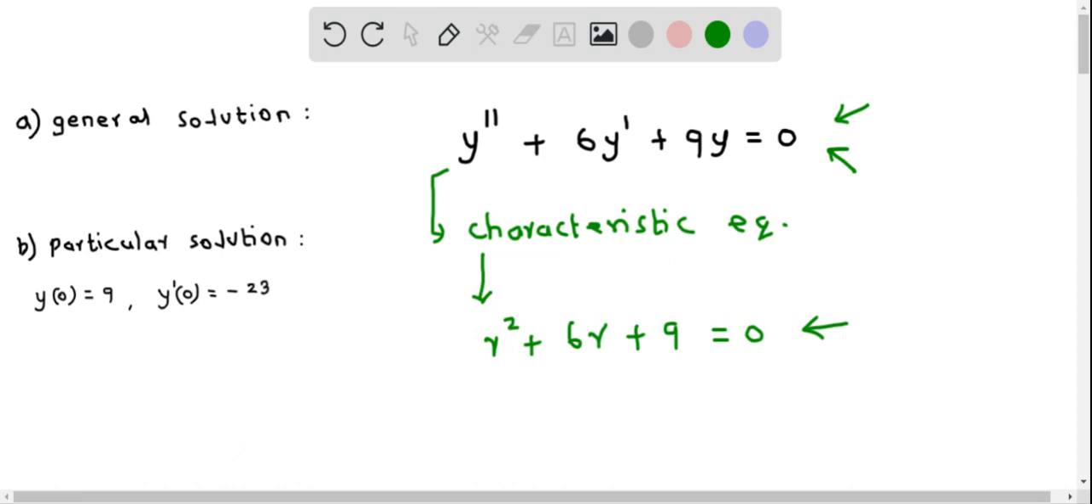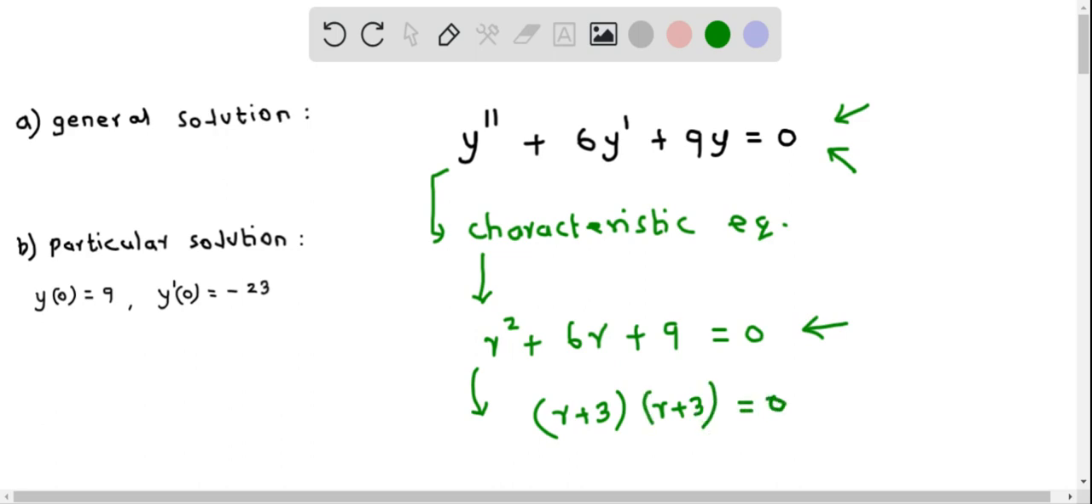Now we have to solve this characteristic equation to determine the roots of this equation. So basically we have to find the value of r which makes this characteristic equation become 0. Either we can utilize the factorization method or the quadratic formula. I'm going to use the factorization method. So I can rewrite this left side expression, r squared plus 6r plus 9, as a product of two linear terms, that is r plus 3 times r plus 3